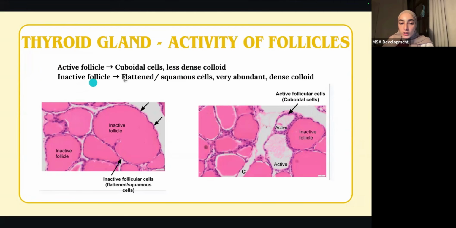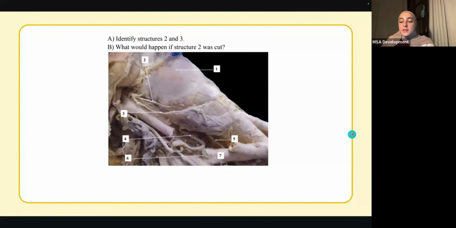For the inactive follicles, they're flattened squamous cells. I don't know how to differentiate between dense and less dense colloid, but just know it from the layer, and whether it's very thin or normal cuboidal cells, okay? This is a question that I found in a past OSPE, and I know I didn't show you this